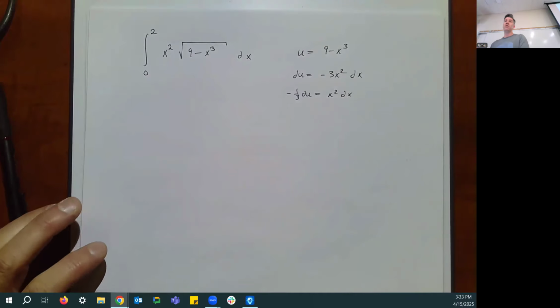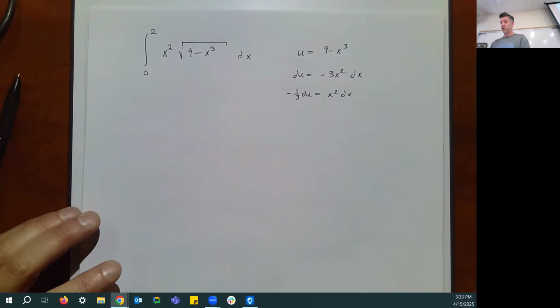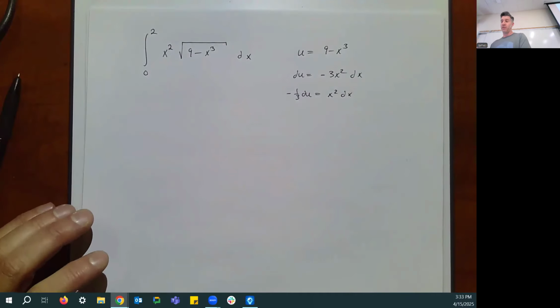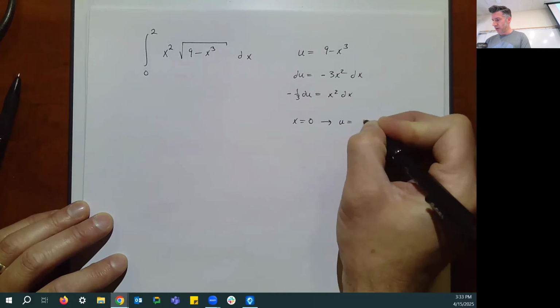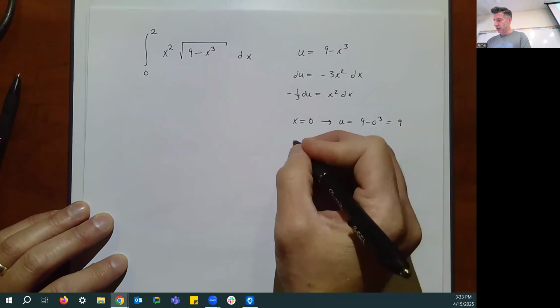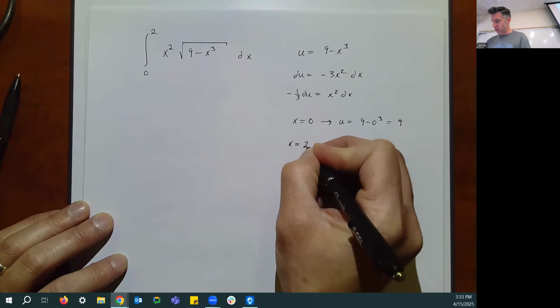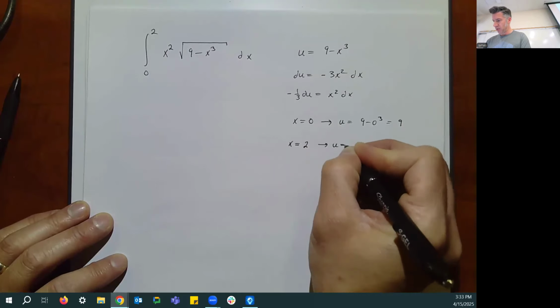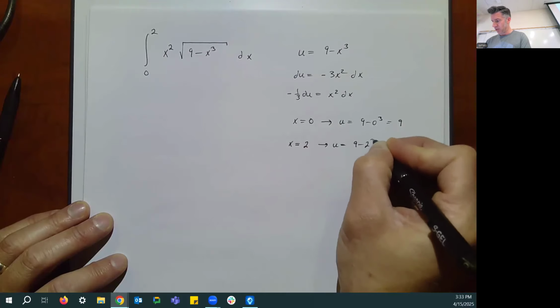Since I know I'm going to do a u sub and I'm going to change my limits of integration, I might as well deal with the changing of them right now. So if x is equal to 0, u is going to equal 9 minus 0 cubed, which is just 9. And if x is equal to 2, u is going to equal 9 minus 2 cubed, which is 9 minus